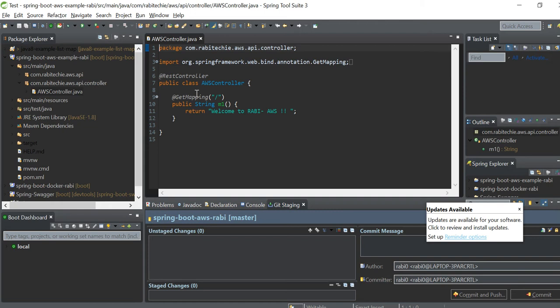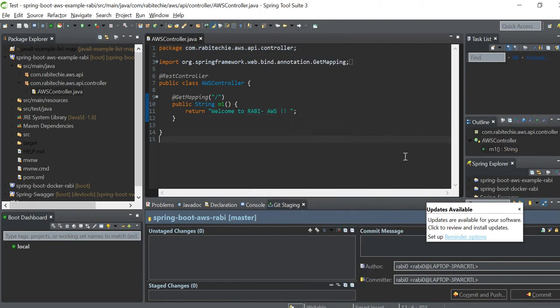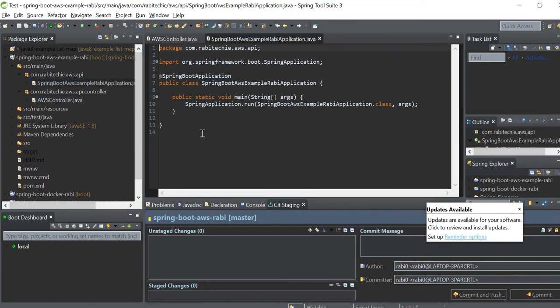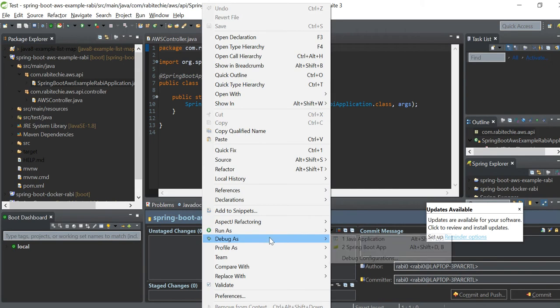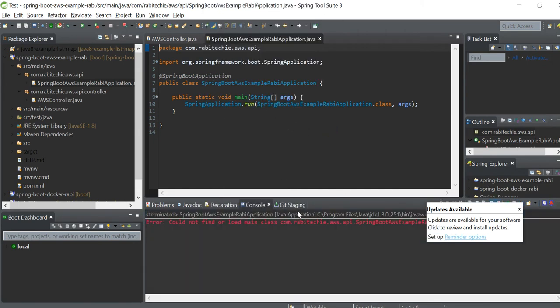From AWS, we are not going to run it like this, just run as main. We are not running like this. We need to give the jar file.